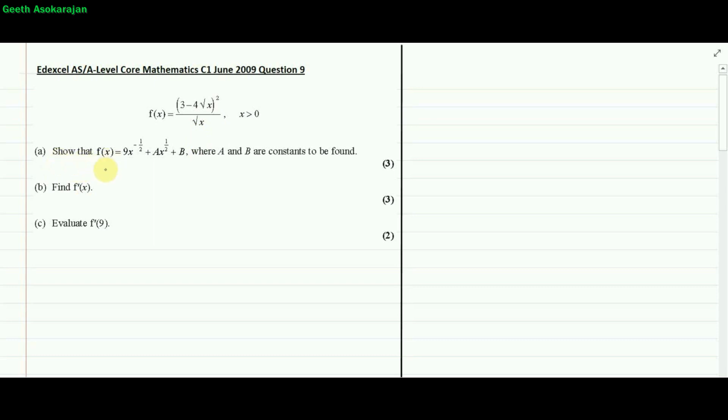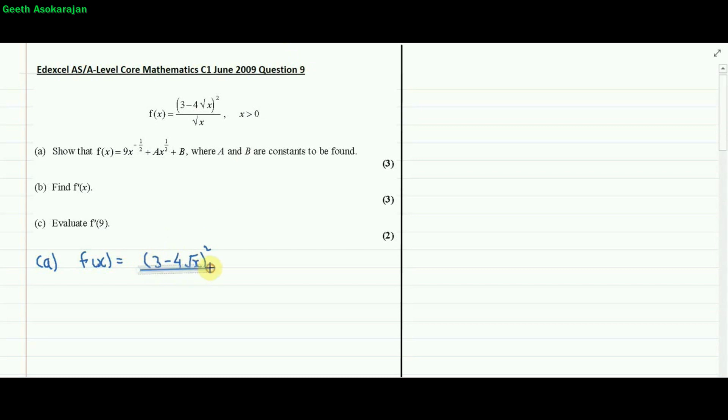we need to show that f of x is equal to 9x to the minus half plus ax to the power of half plus b, where a and b are constants to be found. So let me attempt part A over here. Whoops, and let me copy down the f of x. So f of x, so that is (3 minus 4 root x) squared